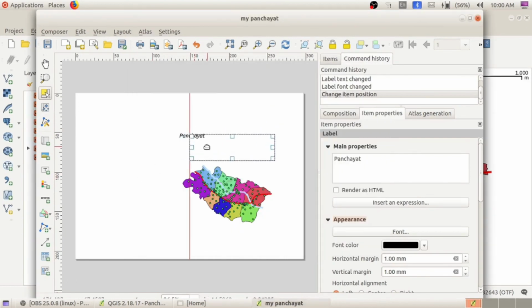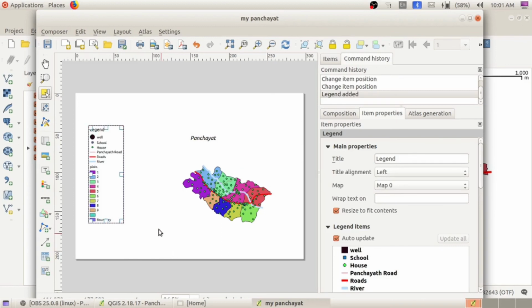Next thing is we can include the legends. Legends means layer palette. So add new legend option. We can include all the layers here. Again draw an imaginary line inside that boundary. The layers will appear. See, here also the heading is legend. We can change the title. When we are drawing this imaginary line, all the properties will automatically become visible on the right side. So I am changing the title into layers.